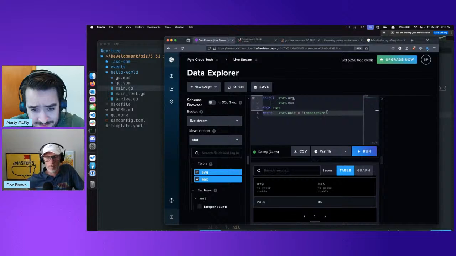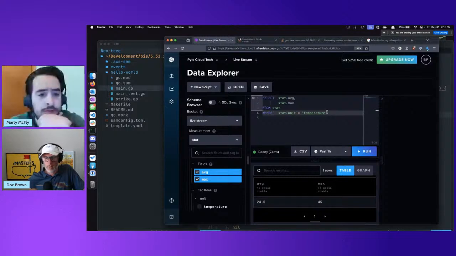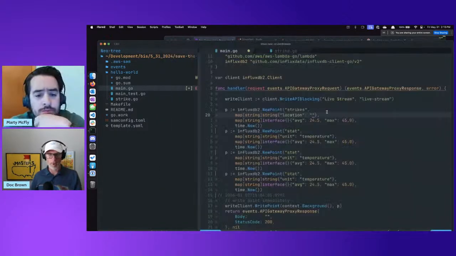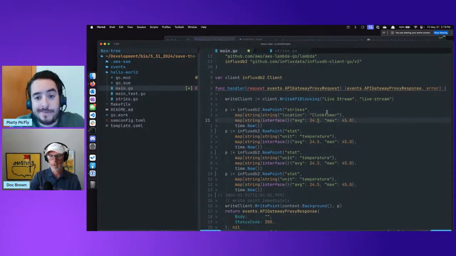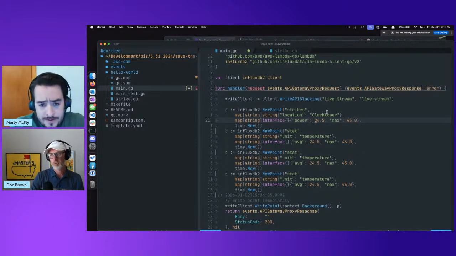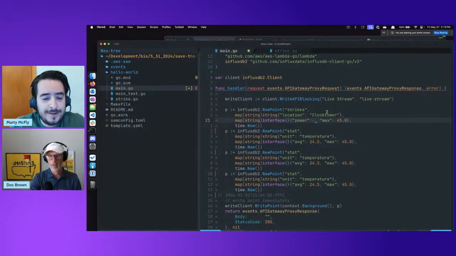So we can do location. We need to create this one, so this one will be location, and it's clock tower. Yeah, we can make them up right now, but it would essentially be an input at some point. And we'll say power is 0.9. We're looking for 1.21 gigawatts. Okay.